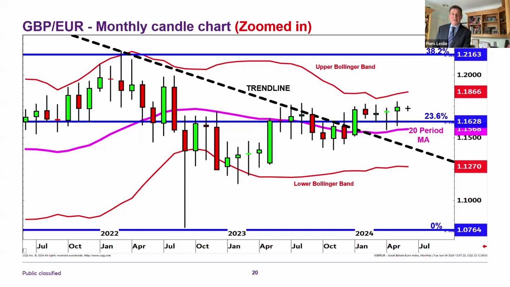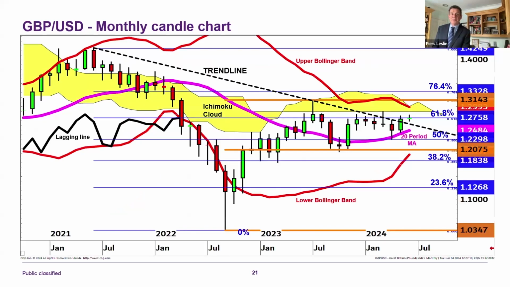So finally, I'm going to finish up on sterling dollar. And on the first chart here, we can see both the high and the low since 2021, and thus put on the Fibonacci retracements of the move lower from 142.50 area 3 years ago down to the 103 lows 2 years ago. It's practically perfect in every way.